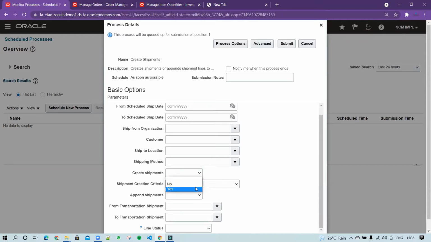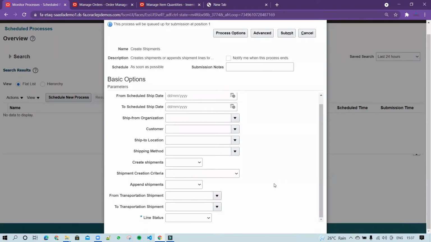You have the options no and yes, whether you want to create the shipment or not. Then shipment criteria. So you have across the order or within an order. And then from transportation shipment and to transportation shipment and the line status.